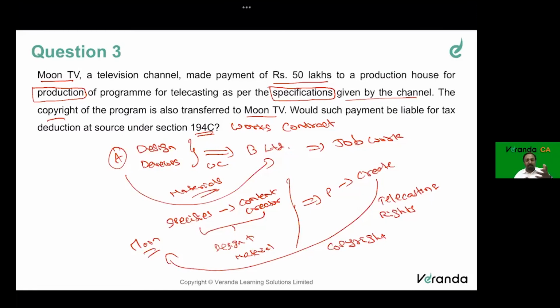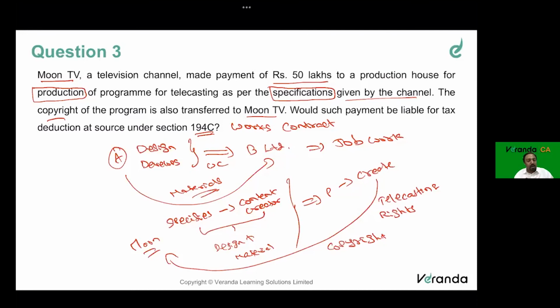So it is Star Network, or I'm not sure. In other channels, it could be Colors or something. Whatever channel we are talking about, they don't give the idea. They have not given the idea of what Big Boss is, or what the show type is. Everything belongs to Endemol. Let's assume the Star Network was given only the telecasting rights, nothing else. If only the telecasting rights are given, it is not 194C, because all the responsibility lies with Endemol. Whatever the Star Network does is only making it viewable to the public. So that is not job work.